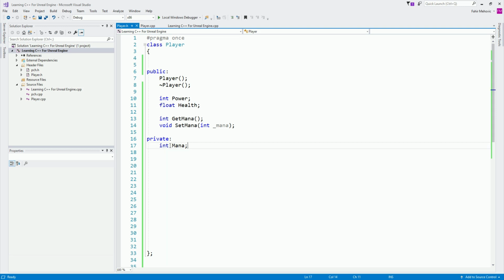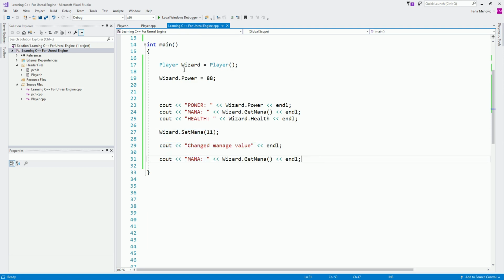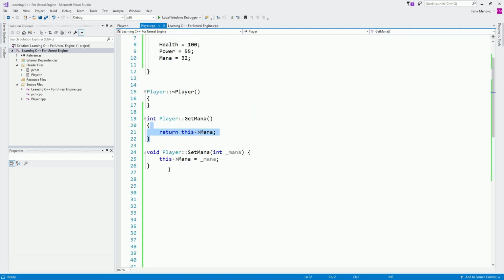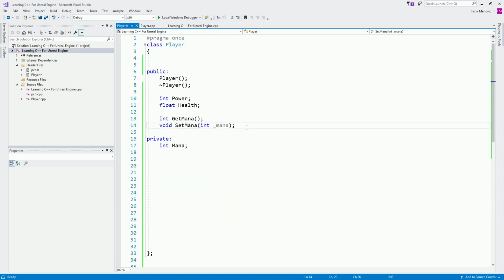So as I already said, these variables are going to be set to private most of the time. That's why I needed to cover public and private. And as I said, that's a rule in programming, because when you keep them private, they are only accessible within the class itself. Then we need to create public functions for getters and setters in order to access these variables, as we just did over here. This is how we are returning this value, accessing it to read its value, and this is how we are setting that value. And of course, we can declare as many functions as we want.